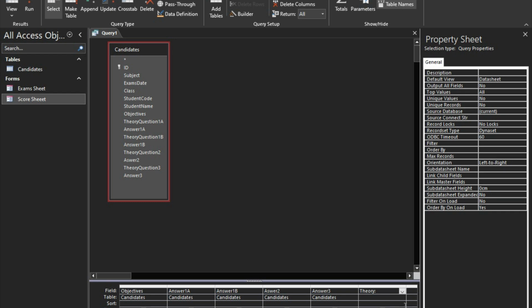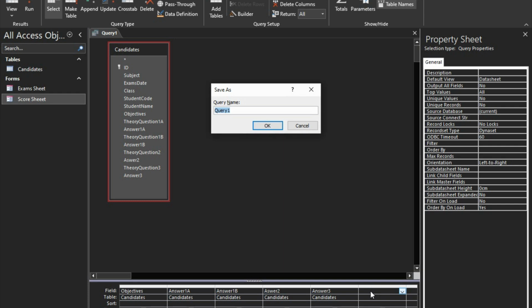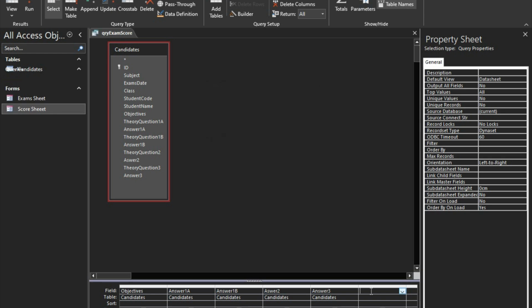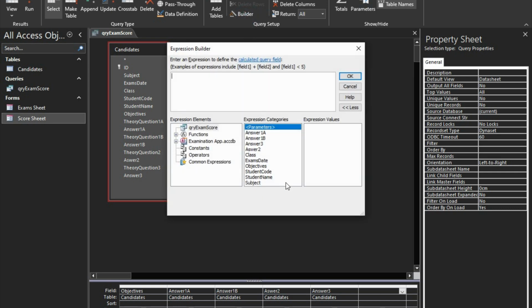So theory is going to be, but before then let me save it and make it Theory Exam Score. All right, so now here I'll go to the builder,